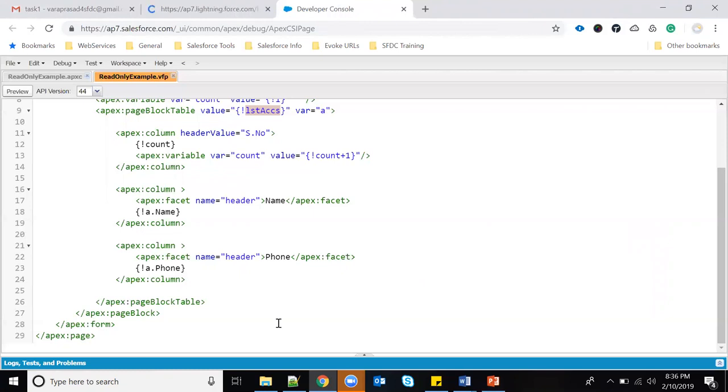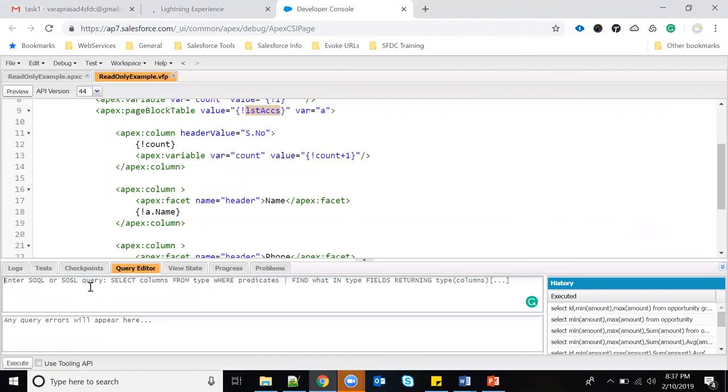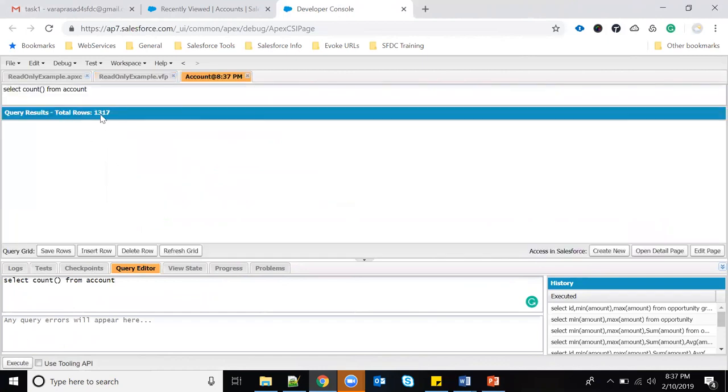If we open here and run a SELECT count() from Account query, we see that if we have more than 1,000 records in the Account object, it will throw an error. Currently I have over 1,000 records, 1,317 records.